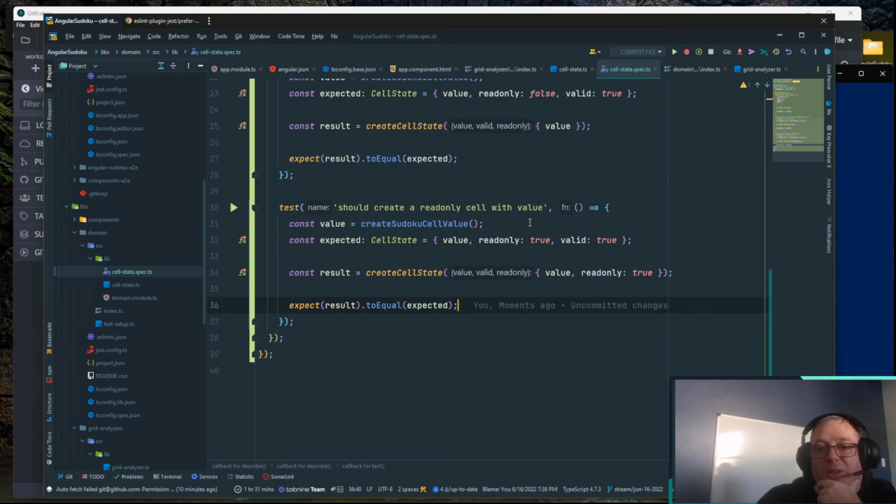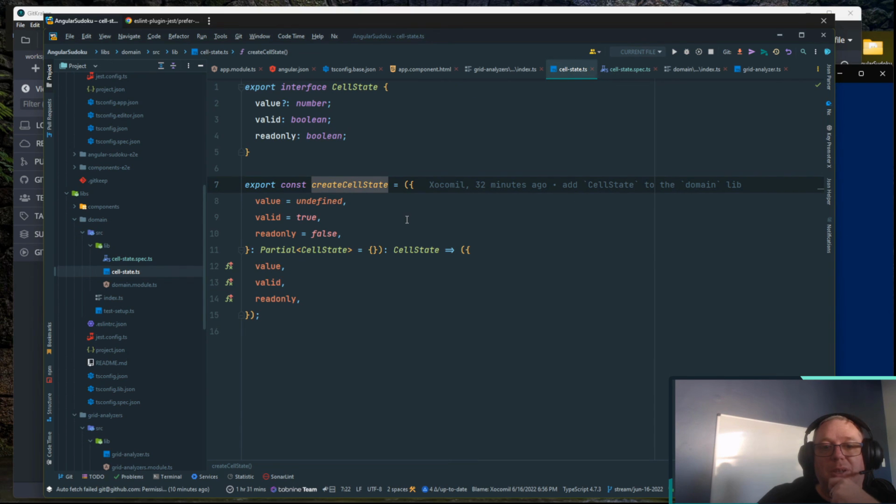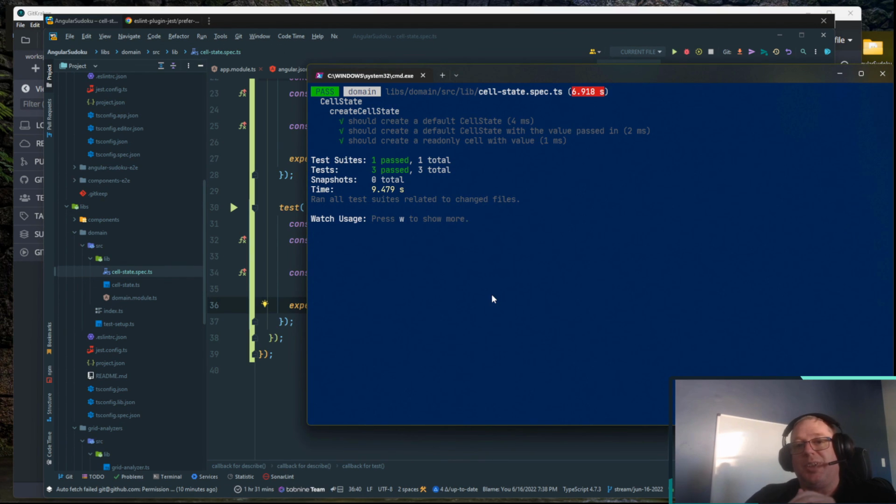And one thing that we may want to do, and we can do this down the road, is if they pass in a read-only value, we should require a value, because a read-only blank doesn't make sense. The way you do that is with discriminated unions. As we can see, our three tests pass. We've been good coders. We've taken the time to make sure that we're testing our application